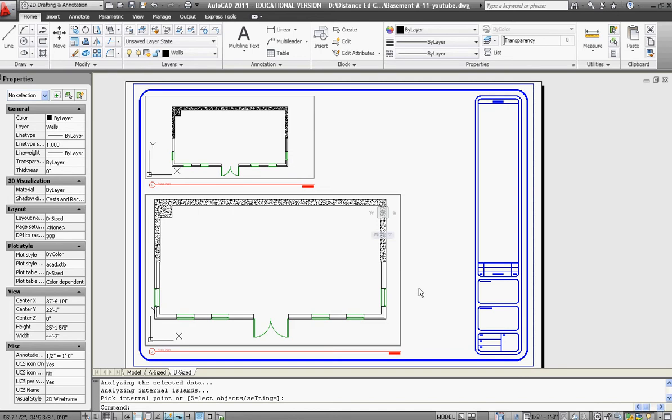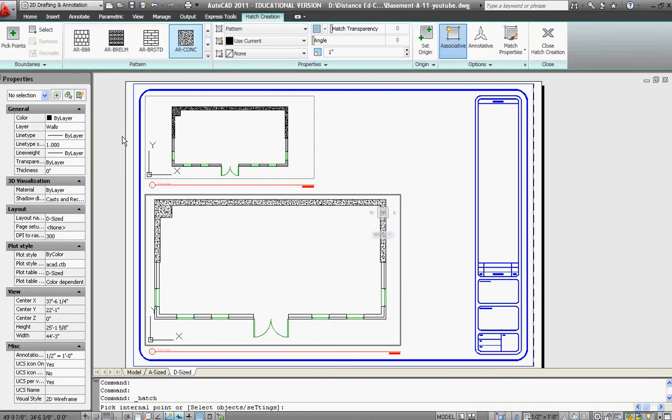Okay, the second wall type is going to use a different hatch pattern. So I'm going to go back, get the tool again, hatch. This time I'm going to switch to the ANSI 37. I think that was just up a bit right there. So click on that one. This time the scale can be at 1 again, only instead of worrying about